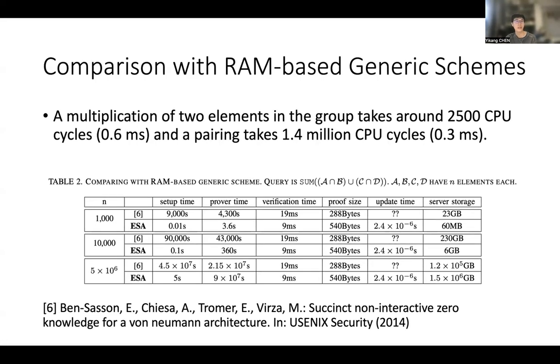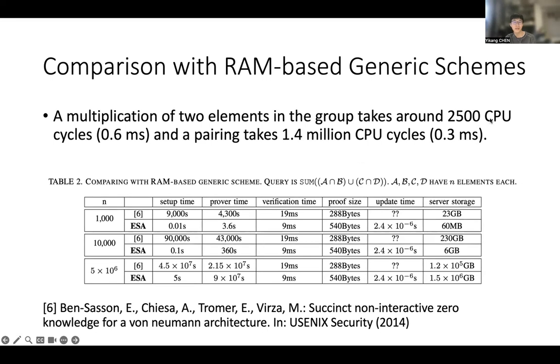So the paper used the number of CPU cycles to estimate the running time to compare with the ARM-based one. The ARM-based one is Slugs, which was published in USENIX Security 2014. So these CPU cycles correspond, on the same machine in this paper, to about 0.6 microsecond, and the pairing is about 0.3 microsecond.